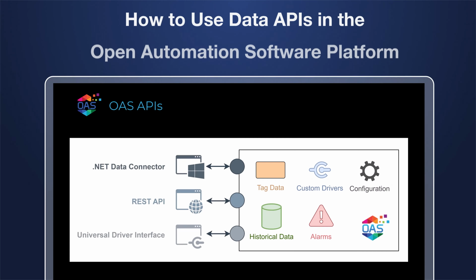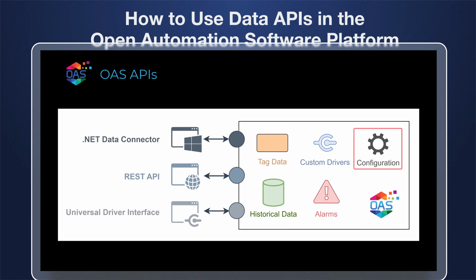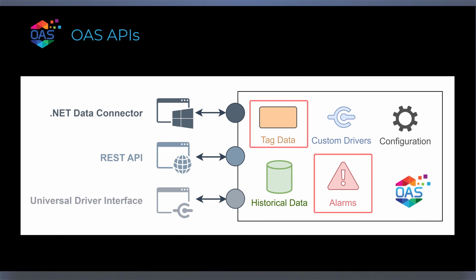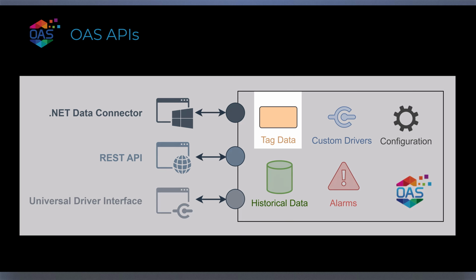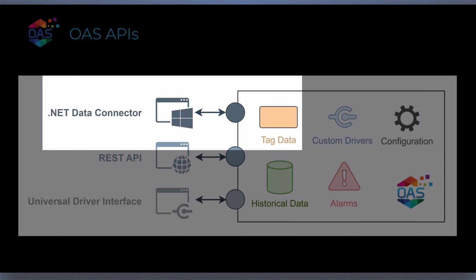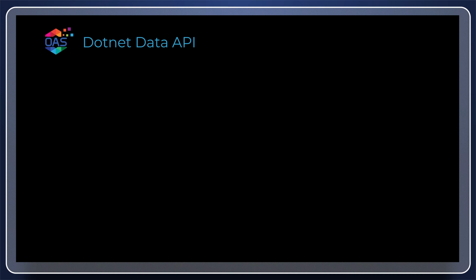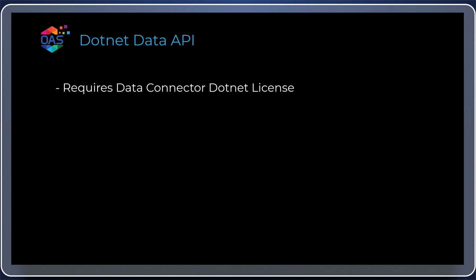The Open Automation software platform has a number of APIs available for configuration: real-time data access, historical data access, and custom drivers. In this video, we will focus on how to read and write real-time tag data using the .NET OAS Data API. To use the OAS .NET Data API, you will require a license for the Data Connector .NET